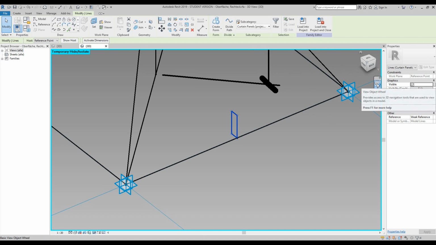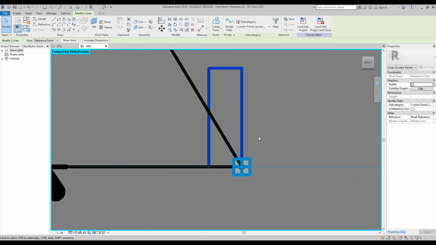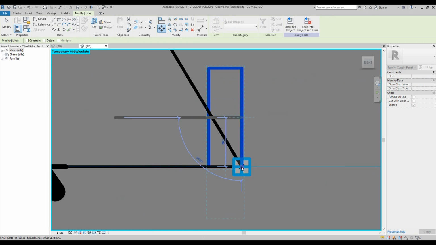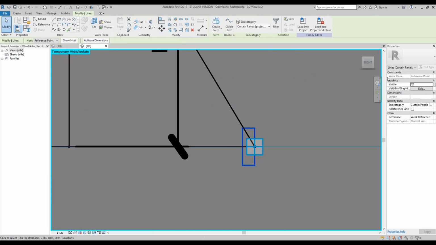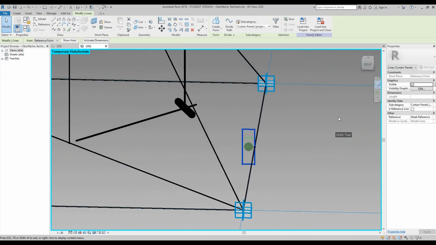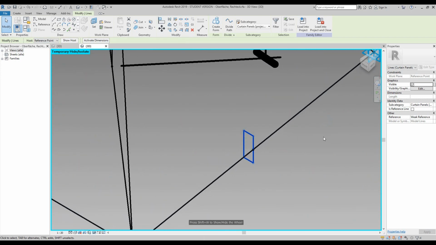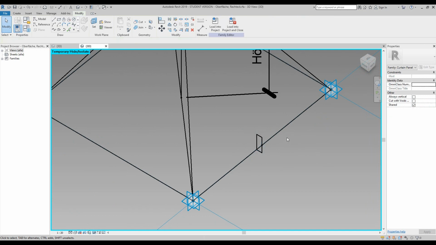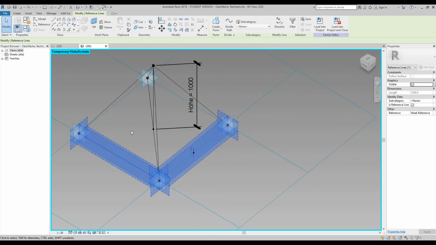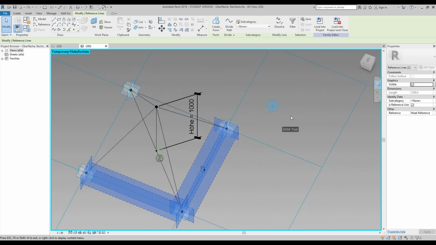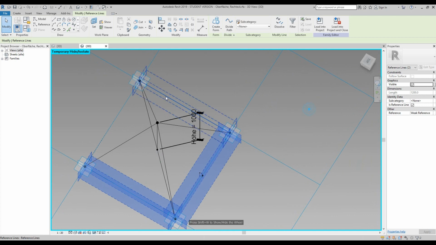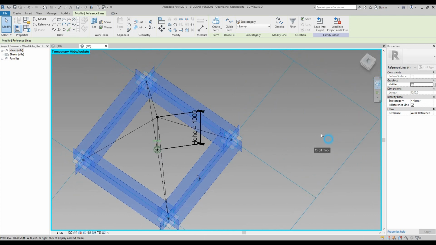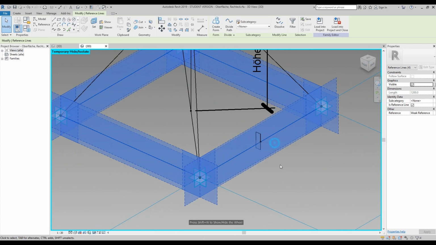Now what we want to do is move it down slightly. So if we go to our view cube and press the right hand side, and with the move tool, if we find the center point of this one side and then bring it right down to the point in the middle, so it's pretty much like that. Once you've done that, I'd like you to press in negative space. Now from here we select all 4 reference planes around the base perimeter of our diamond. Then we select our little rectangle that we've created,